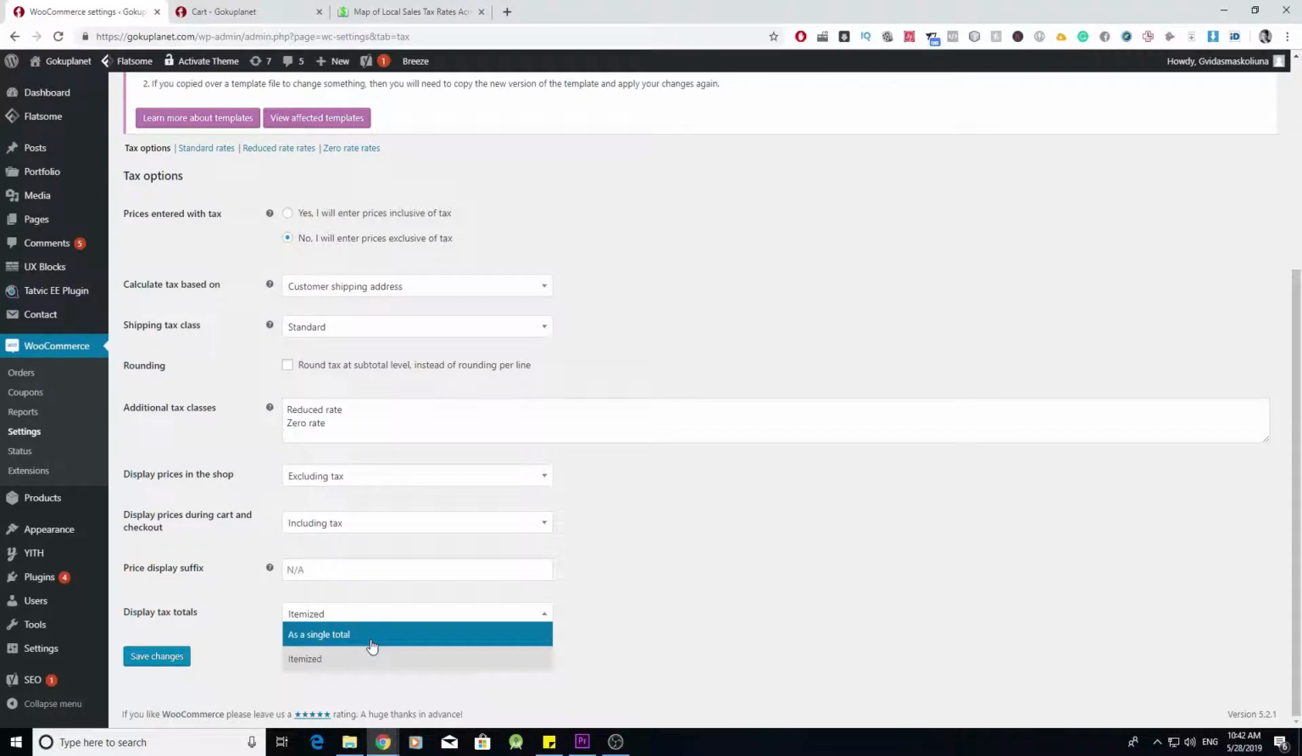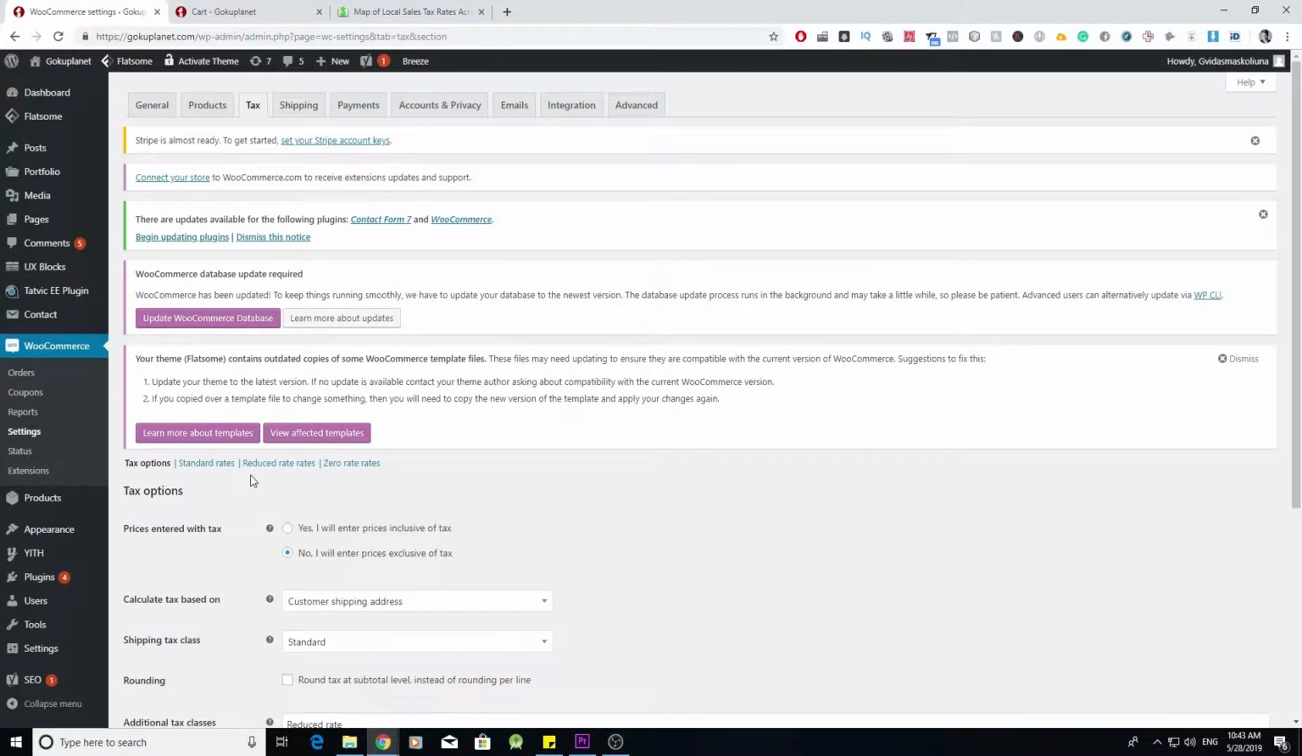So let's select as a single total for this example, and once you're done with all these settings you can hit save changes. Alright, so I will show you how to add your sales tax rates. And it's done in this category, standard rates, because we are going to use only this category. We are not going to use any of these other